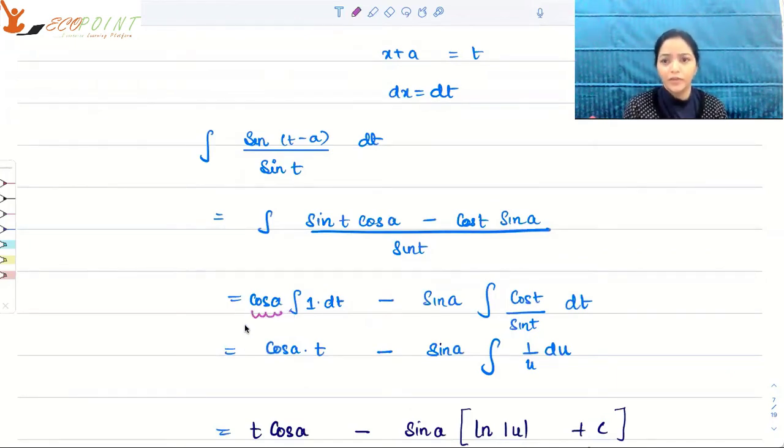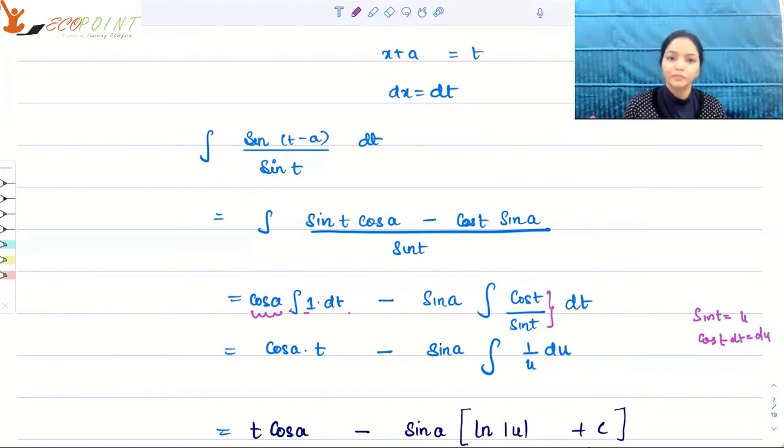So it's not a variable. So t is not there. 1 dt because sine t cancels. Now sine a this time is just a fixed value, integral of cos t upon sine t dt. Now, how can you integrate this? You can take sine t as u, so cos t dt equals du, and hence you have 1 upon